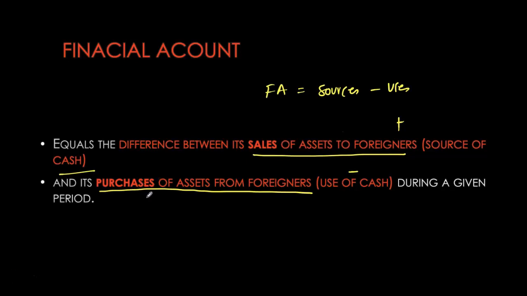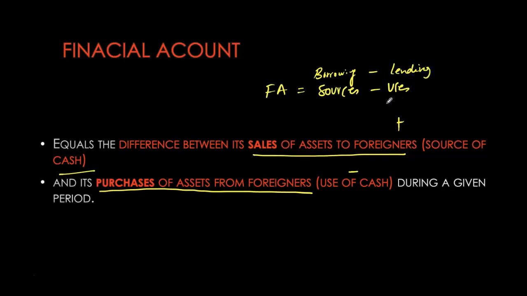Likewise, when we are purchasing foreign assets, a liability is created for the foreigner, because as soon as we purchase their asset, our money flows out. We are lending money to them, but against this cash outflow, the foreign party now has a liability. Another way of looking at our financial account is that when we borrow money from foreigners by selling them our financial instruments, that is our total borrowing or total inflows. And when we are purchasing foreign assets and money is flowing out, that's a way of lending to foreigners.